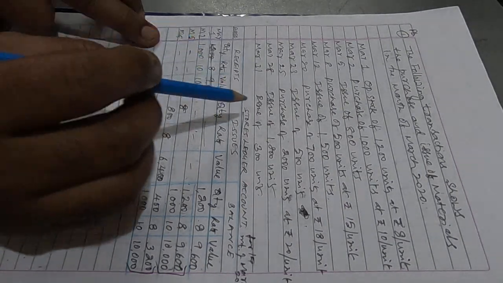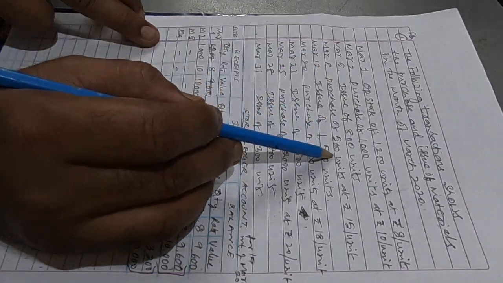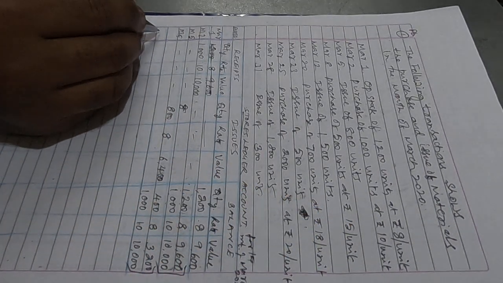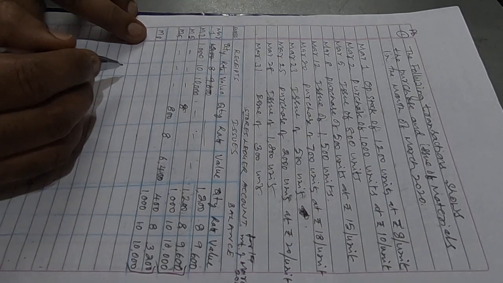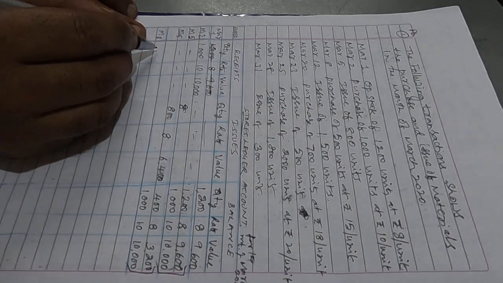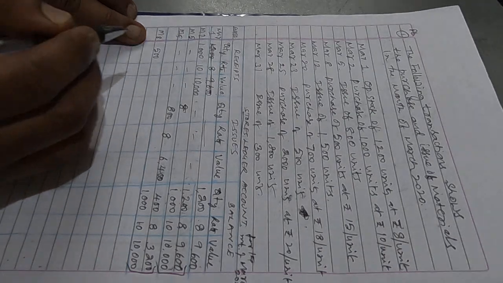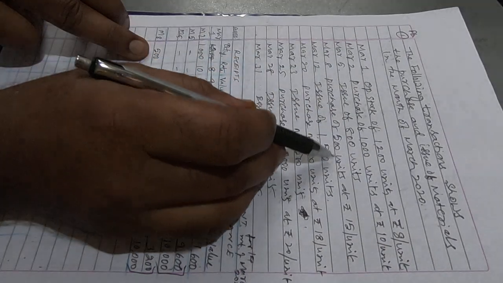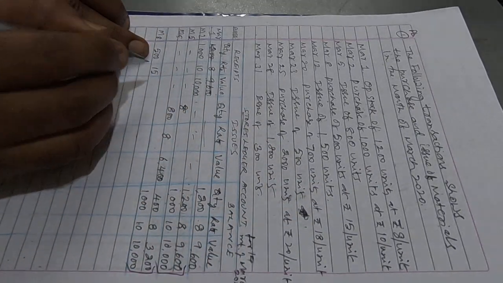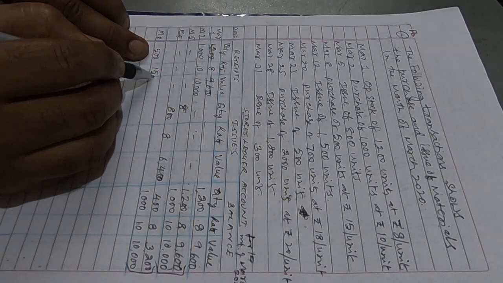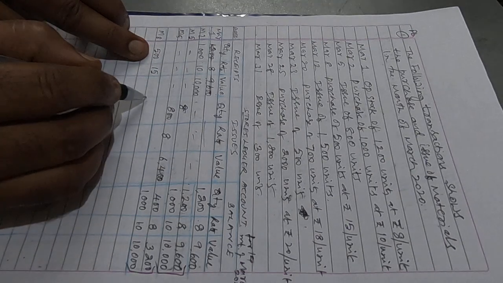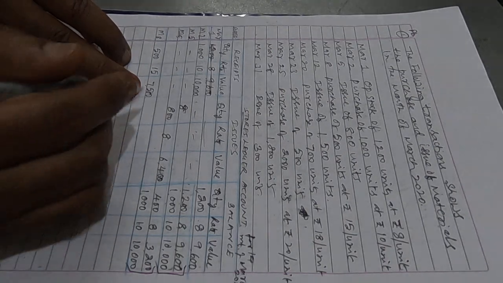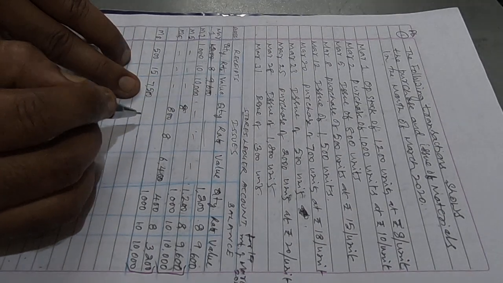Now after March 5th we have March 8th, purchase of 500 units at the rate of rupees 15 per unit. So I will enter that receipt here. On March 8th, purchase of 500 units, so that has to be entered under the receipt column. As soon as it is purchased, it is delivered to the stores department. So 500 into 15 comes to 7500. That will be the value of the materials received.